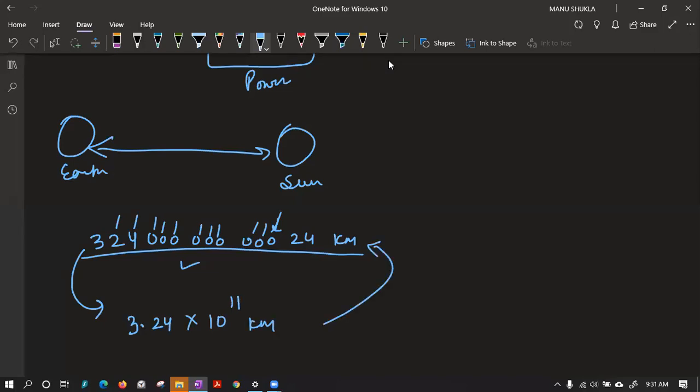Tell me, which one is easy? The first way or second way? Class, tell me, which one is easy for you to write? Bani, you can do it by that also, but it is not required in this one. You can go for this also. The second one is easier.